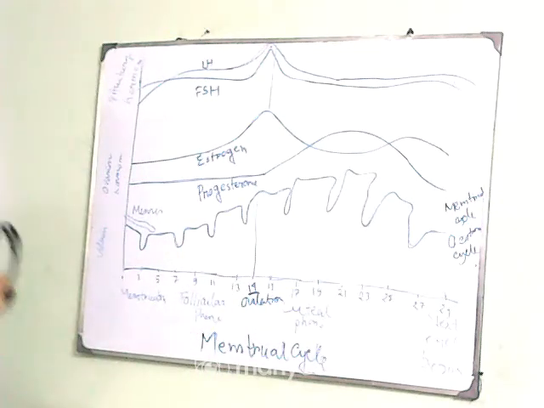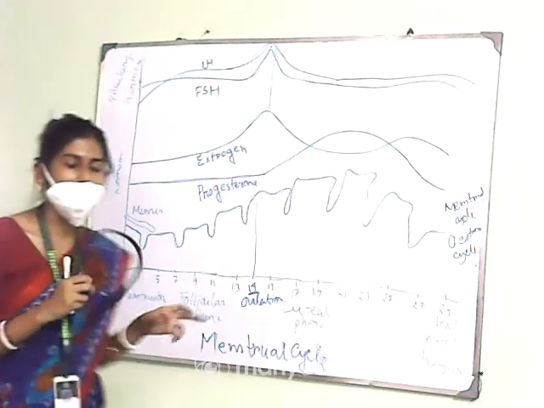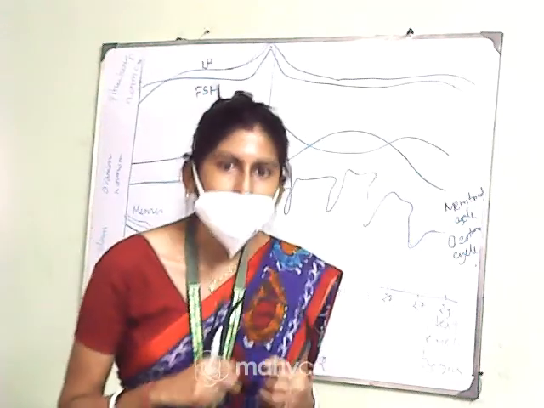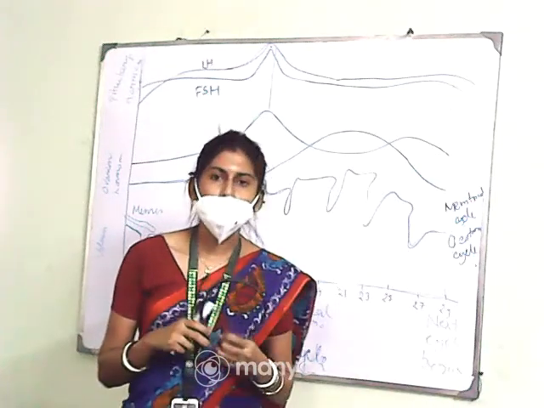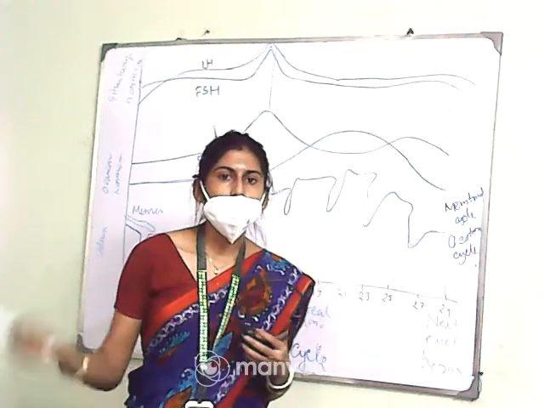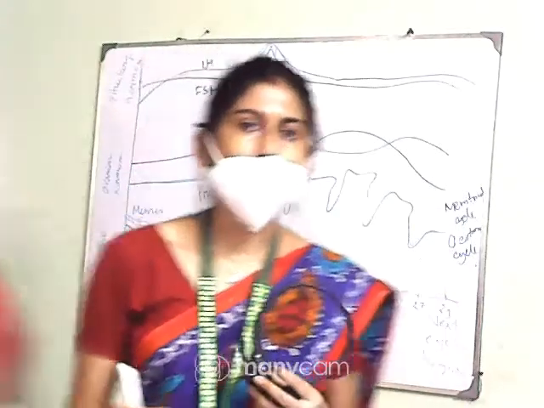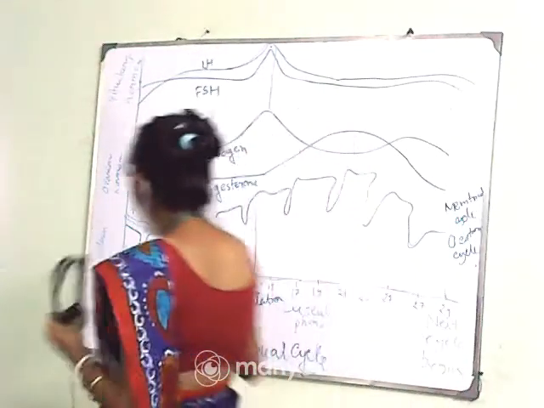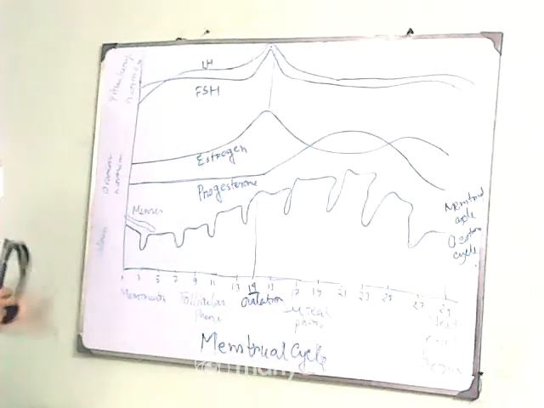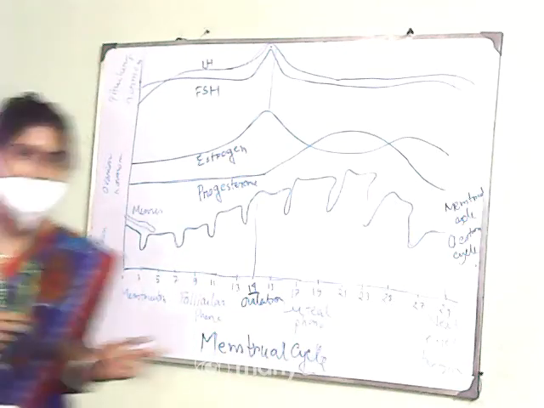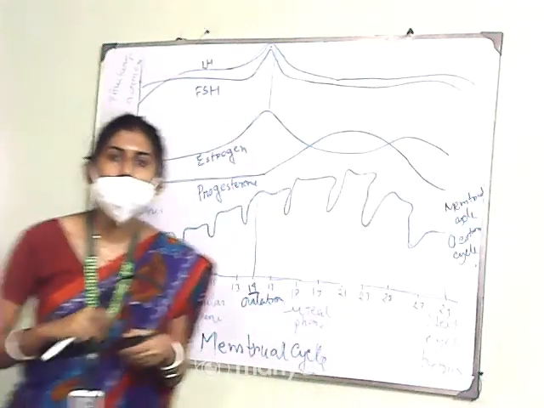Second one is that in the menstrual cycle menses will take place. So you can see here I have written the term menses. So what is the meaning of that? After the ovulation, that means after the release of the ovum from the mature Graafian follicle, the endometrial lining will be ruptured and it will be released through the vagina, when bleeding will take place, and this is called menses. So in the menstrual cycle menses will take place, but in case of estrous cycle menses will not occur. Okay, so you will ask me what will happen to the endometrium in case of estrous cycle? It will get reabsorbed.